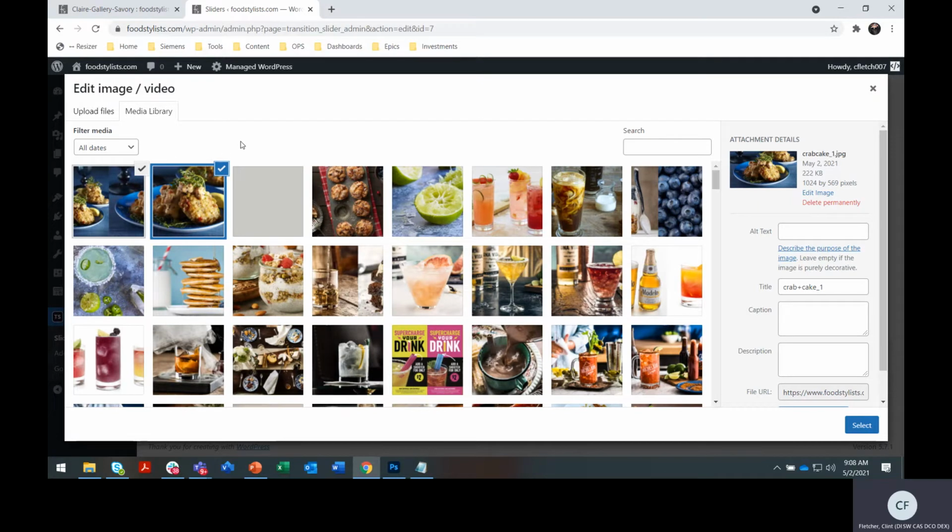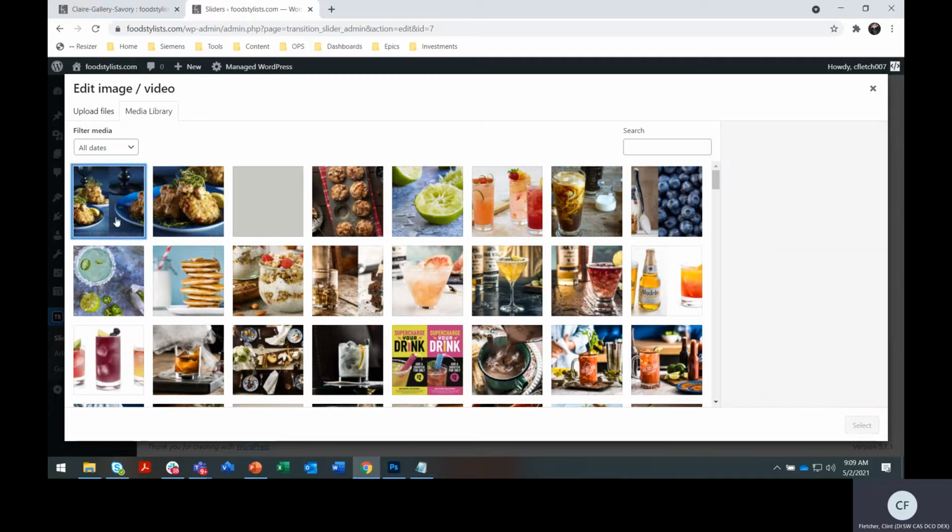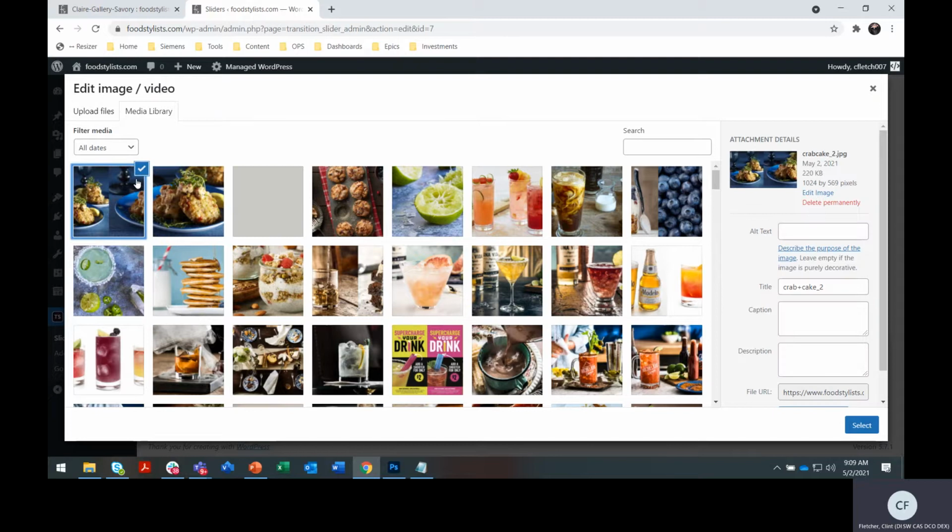And then you'll also notice that since we accessed this media library window from the slider and we indicated that we want to add images, it's going to put these check boxes here saying, do I want to add it or not? So if I uploaded a couple, but I only want to start with one at a time, I can hit check. Or you can select multiple files. Okay, so this comes in handy